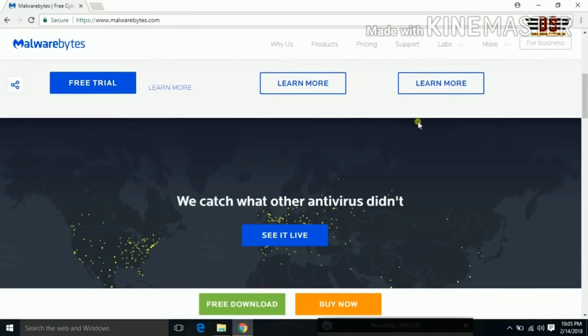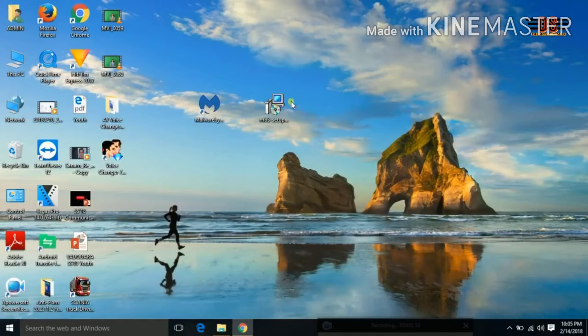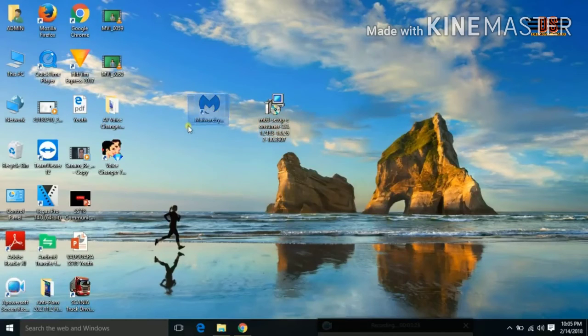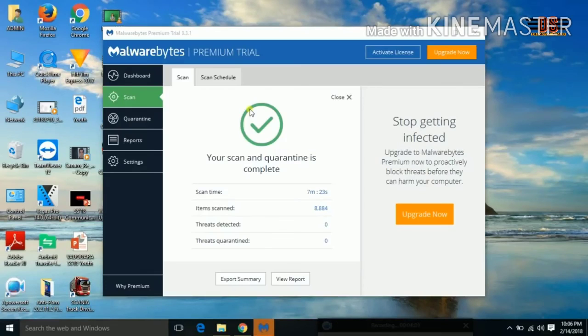See, I'm going for the free trial. When we get the free trial, there is a software setup. By clicking the setup, you get the Malwarebytes icon. That icon will appear when you go for the trial part. Clear? By clicking that option, you can clean your malware, viruses, everything. See, it scanned, it detected.